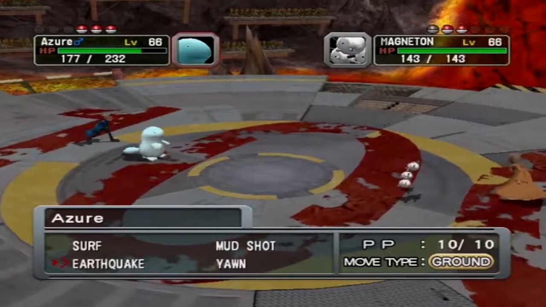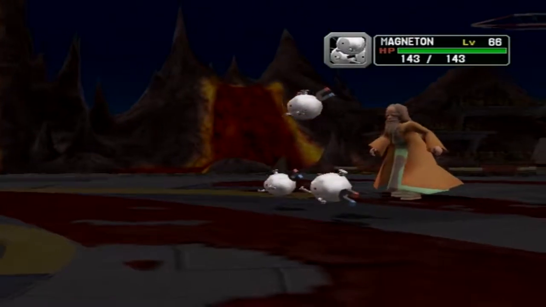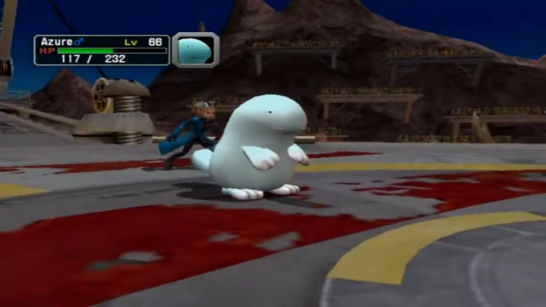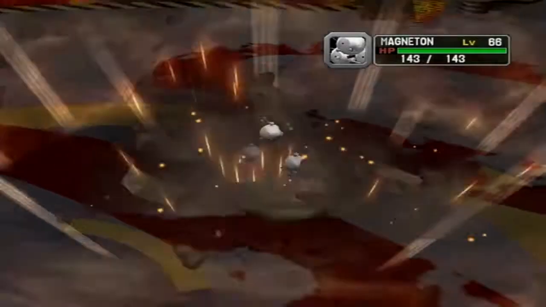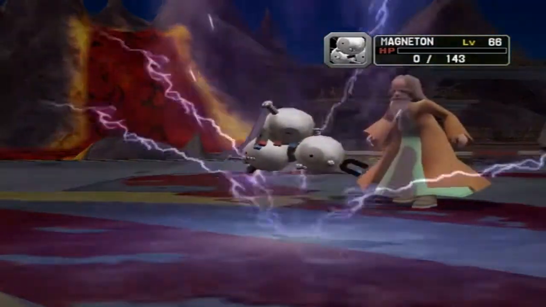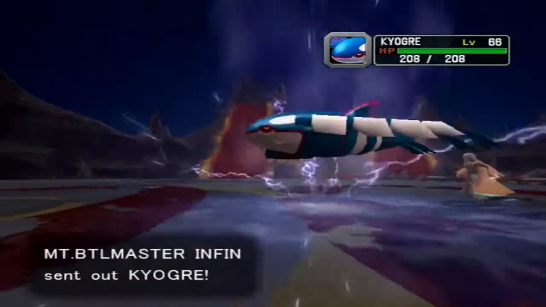First, I'm going to use Yawn on it. And then I'm just going to continuously lower its speed with Mud Shot, because it can't really hurt me too much. That Ice Beam, though, might actually knock out Azure. I'm not too sure, because Kyogre hits like a truck. Huh, weird saying that for something that isn't Vio, but...